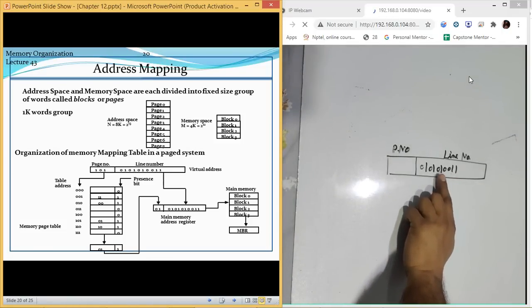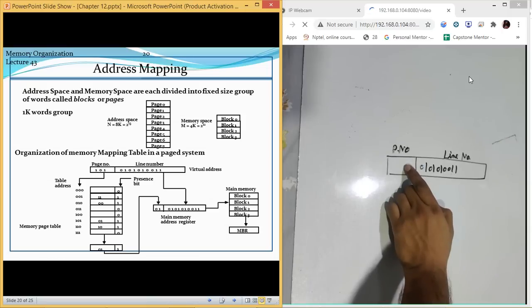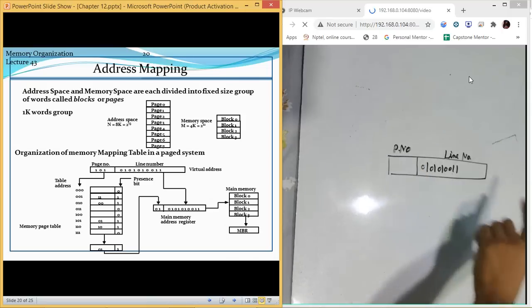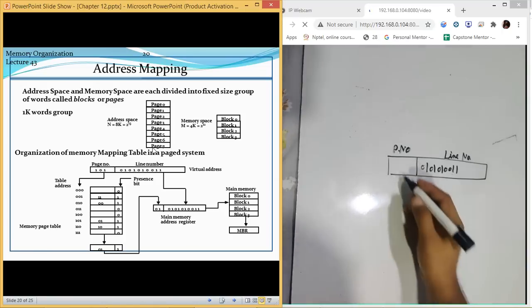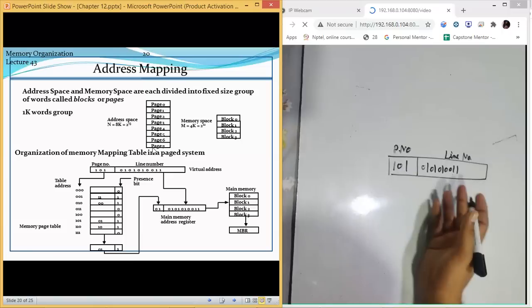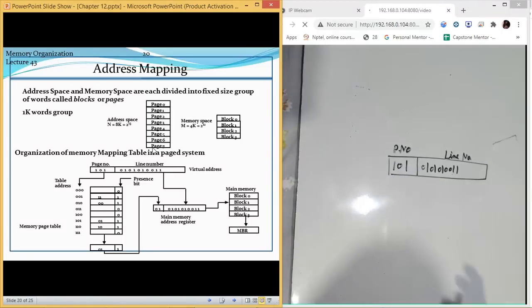Then after this, we are going to talk about page number. Now, in this case, there are how many pages? We have 8 pages in this. To refer all these 8 pages, how many bits are required? 3. 2 raised to the power 3 is 8. So this can be any value. It doesn't need to be 101. It can be anything starting from 000 to 111.